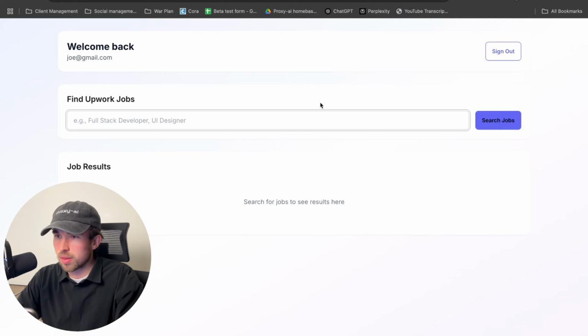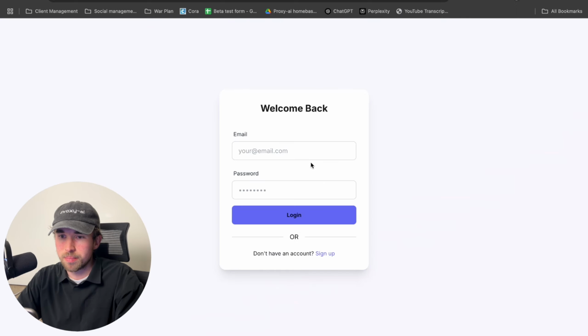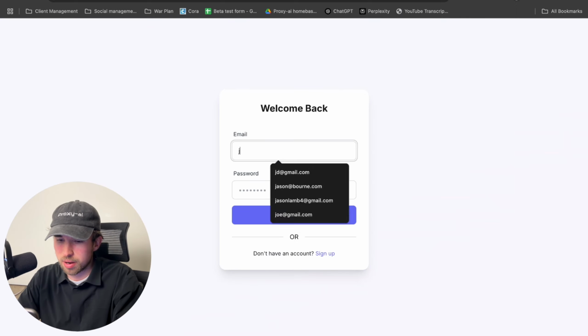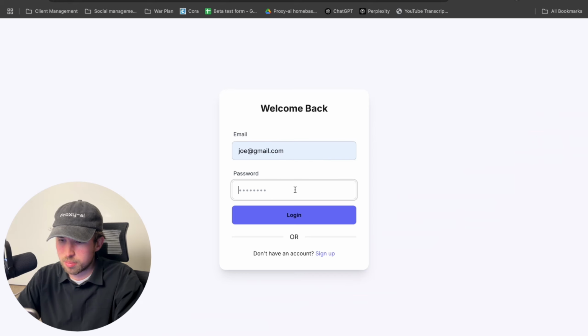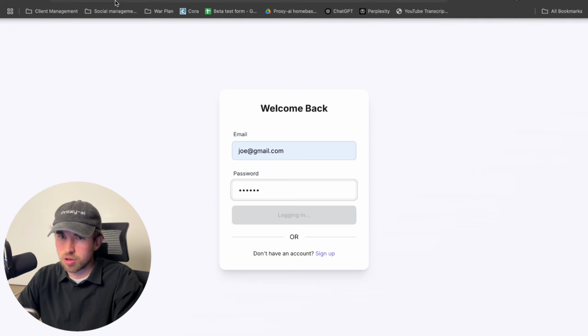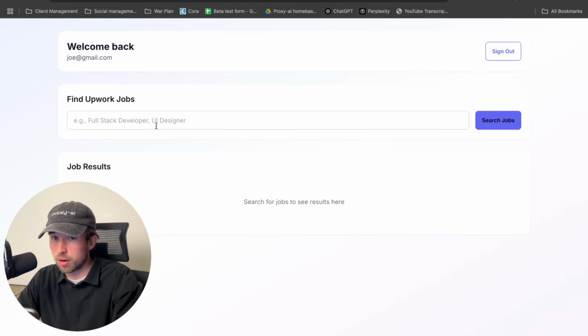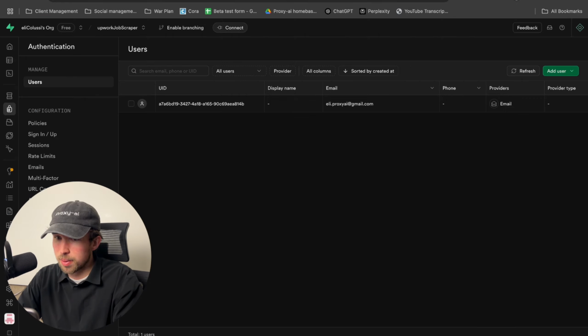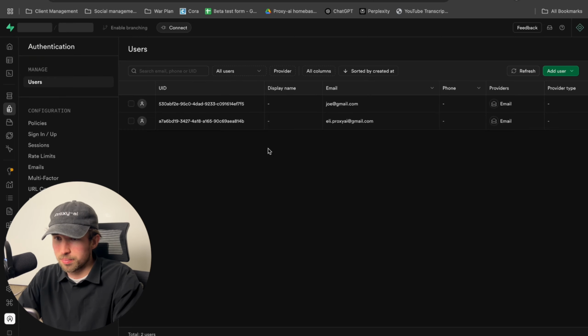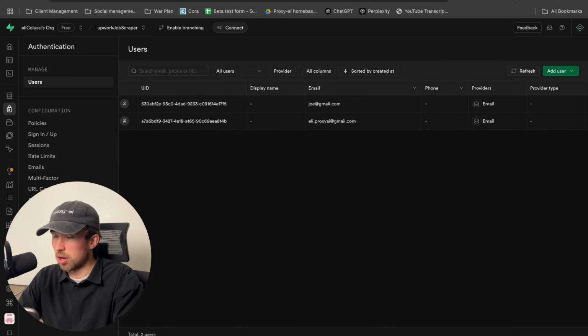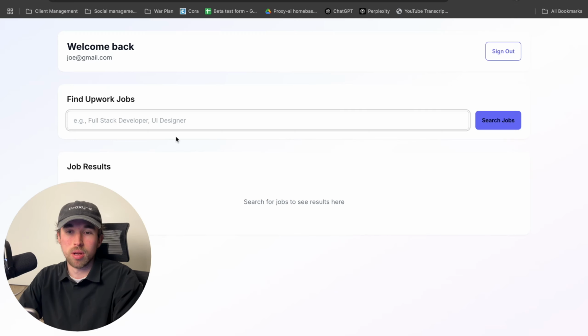So it added all of our placeholders really well and our labels, and it added some nice boxes to check it out. So if I sign out right here, let me just show you what this looks like. I get taken back to login, which isn't redirecting amazingly right now. But if I just go joe@gmail.com, put the password in, logging in. Again, it didn't do this very well because I should be able to just go straight to dashboard. But I have access to the dashboard route right here, whereas somebody who isn't authenticated in our database would not be able to access it. And you can see in our database, I have Joe and then Eli. So it's logging our information correctly in our backend, which is cool.